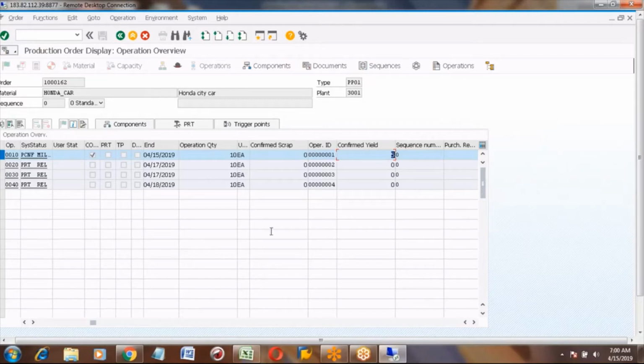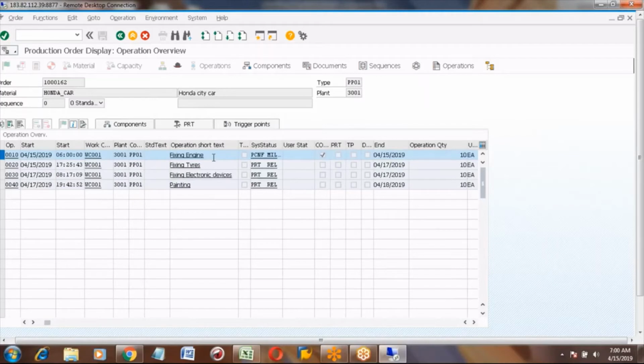So like this, we need to confirm the remaining operations also, one by one. First operation means now we fixed only the engine. Now next we need to fix the tires.